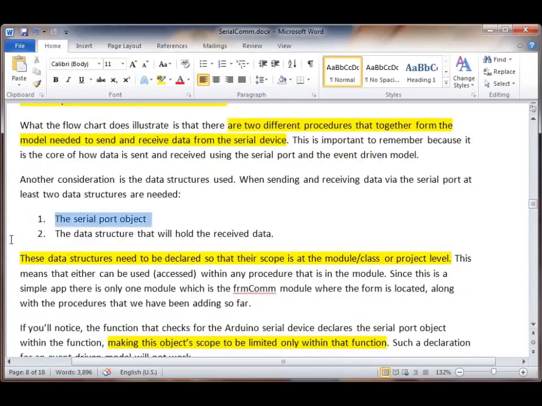Another part that is important is this right here. I need data structures to be able to handle the incoming data and to handle the serial port in general. Like for instance, you have the serial port object itself, and you have the data structure that's going to hold the received data. Now these data structures need to be declared so that their scope is at the module class